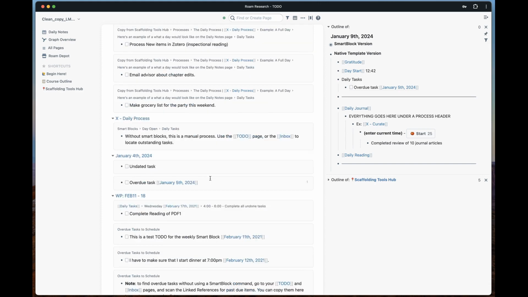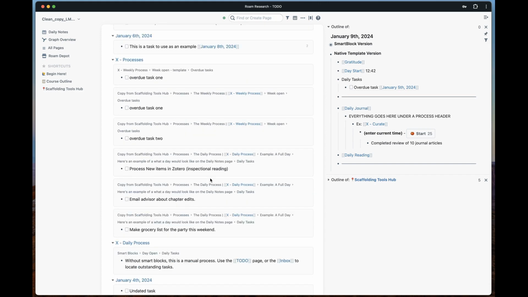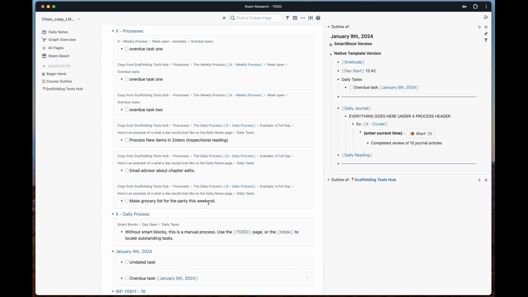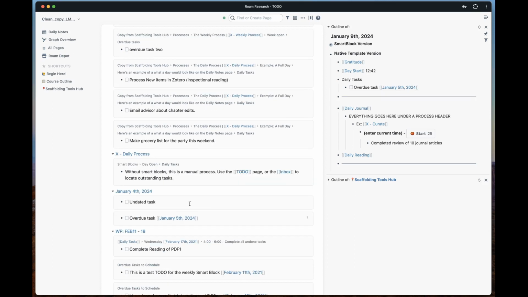Oftentimes I do. And the reason for that is because when you automate too many things, you start to kind of lose track of what's happening in your graph. It's actually a good practice to very frequently check and update your to-do page. This will very quickly grow to a point where it gets a little overwhelming. So by frequently visiting this, not only are you keeping it fresh, but also you're likely able to catch things